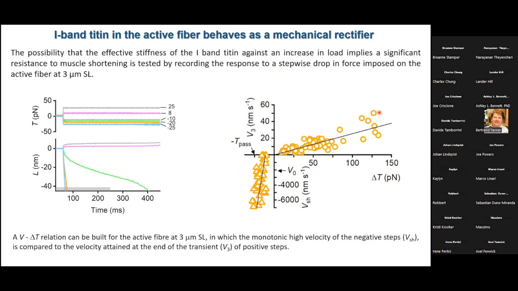And the different slope of this relation means that the resistance opposed by titin during lengthening is 3 orders of magnitude larger than the resistance opposed during shortening. 3 orders of magnitude because 2 orders are given by the scale and 1 additional order is given by the different slope. Okay, but another very amazing aspect is that through the analysis of this